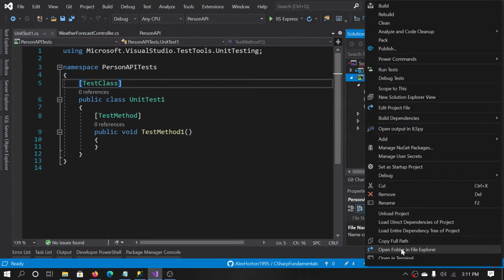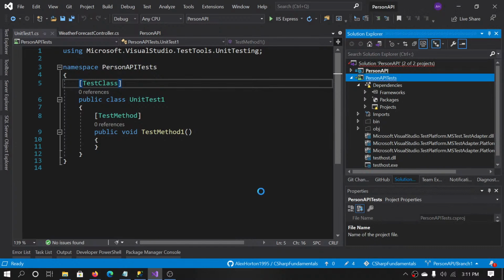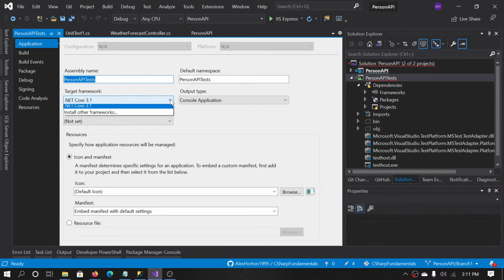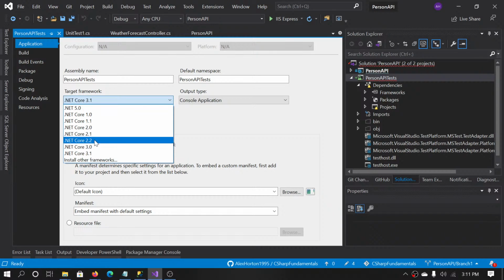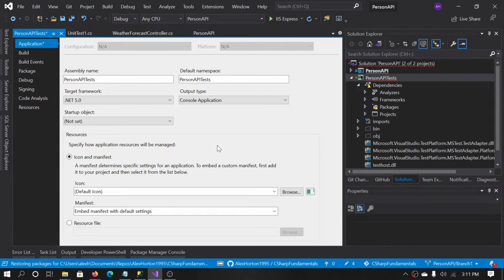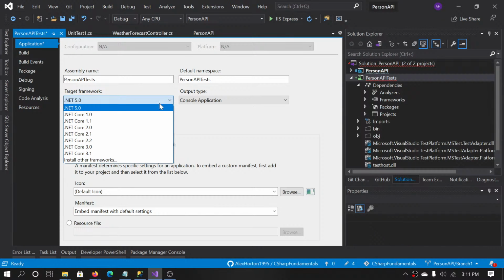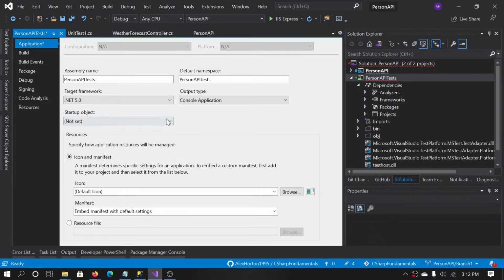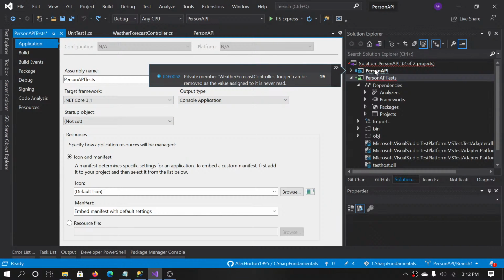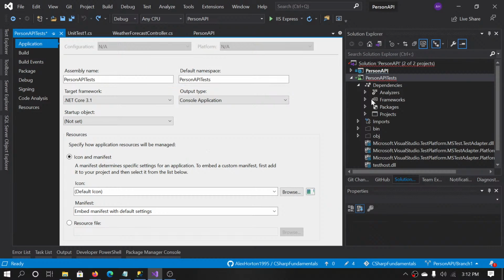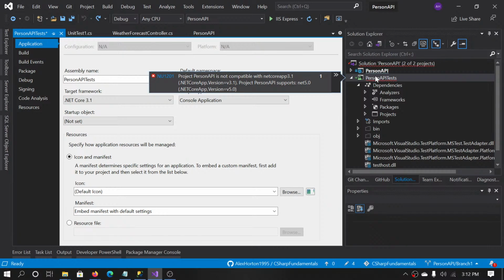I can't do that because this is .NET Core 3.1, so I need to make this one .NET Core. I'm going to have to look at that one. This is a .NET Core 5.1 application, and my test project is a .NET Core 3.1 application. So what I need to do is find a way to make this